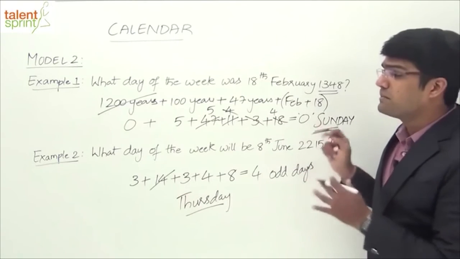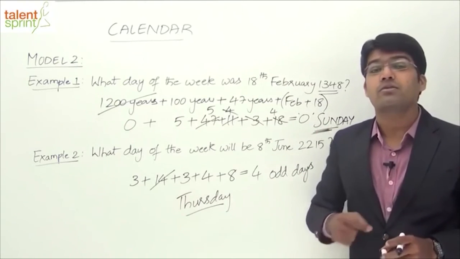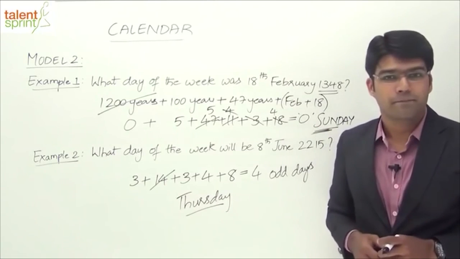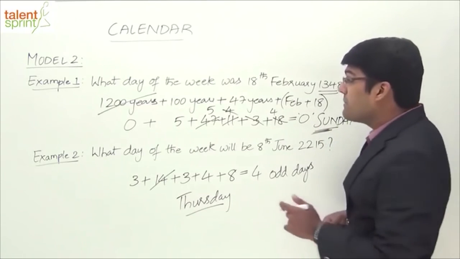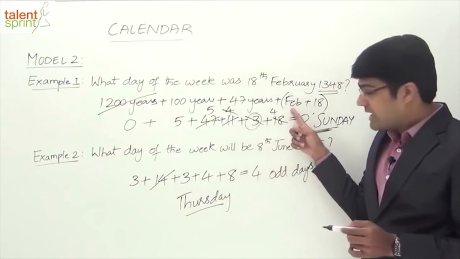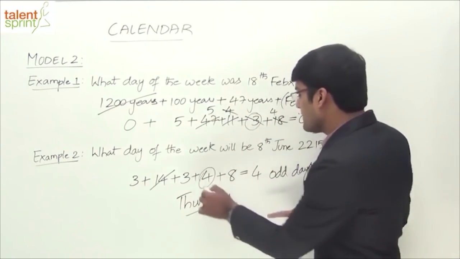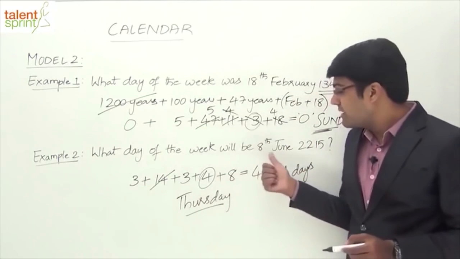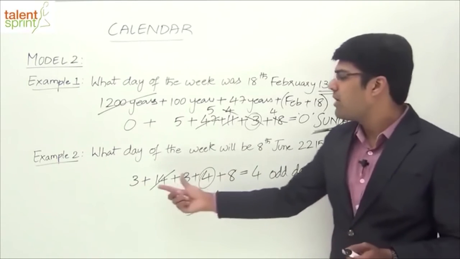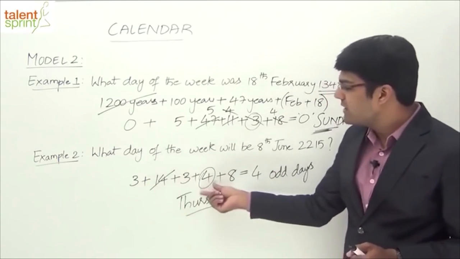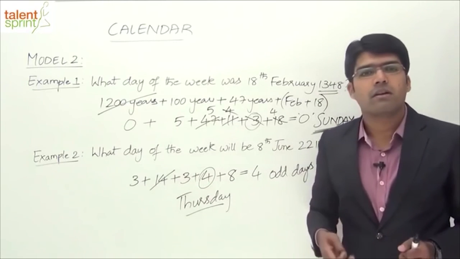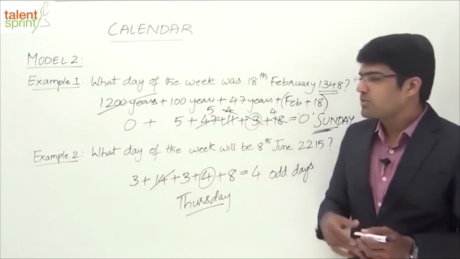So this is how simple the calculation is to find the number of odd days so that we can get the day of the week for the given date. As I've mentioned, if you can remember the code of the month, here 3 was the code for Feb, and 4 was the code for June. If you learn this by heart, it becomes really very simple to do the calculation. Remaining all are very easy to remember. The only thing is we need to learn the month codes. So learn all the month codes which we have discussed in the introduction part, so that you can get the answers much faster.